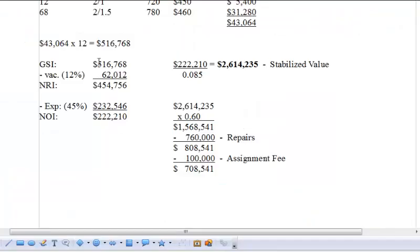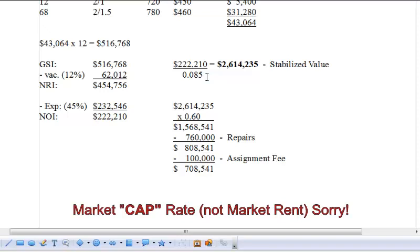So subtract 12% of 516.78 is 62,012. Taking that away, the vacancy factor gives us a net rental income of 454,756, and expenses at 45% of the GSI comes to 232,546. Taking the expenses away from the net rental income gives us 222,210. Steve represented to us that his idea of market rent was 8.5%, so we'll use that to get our